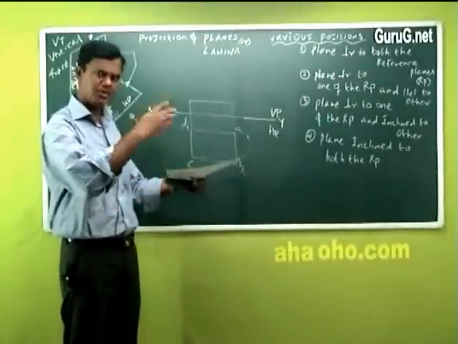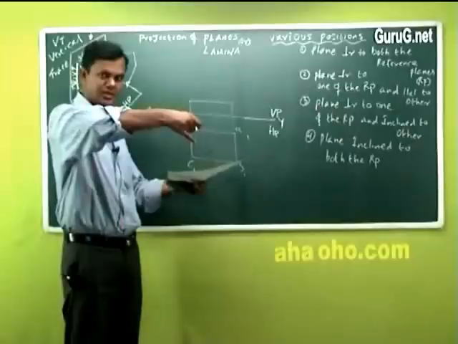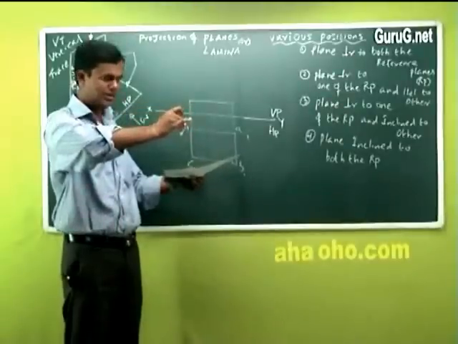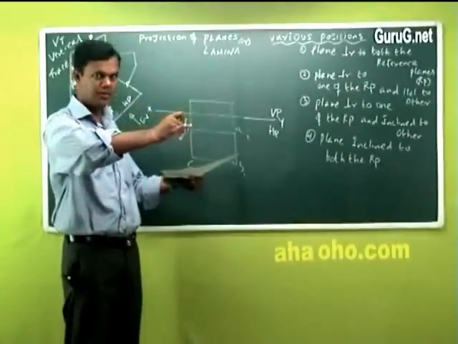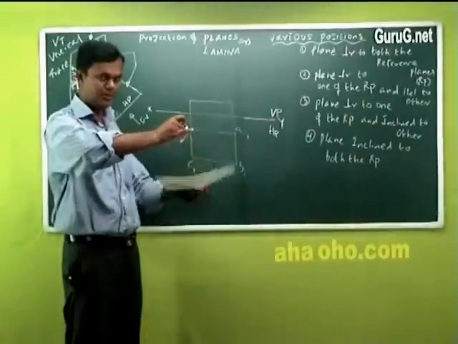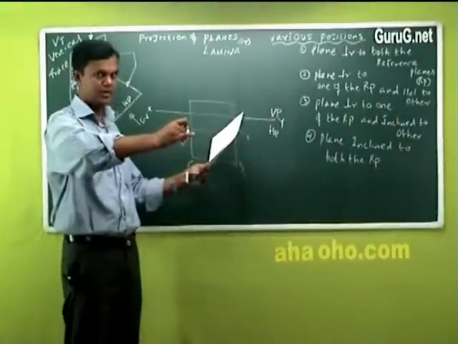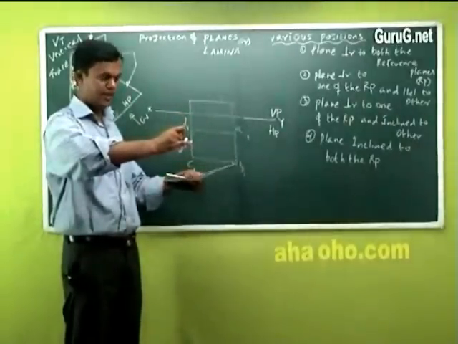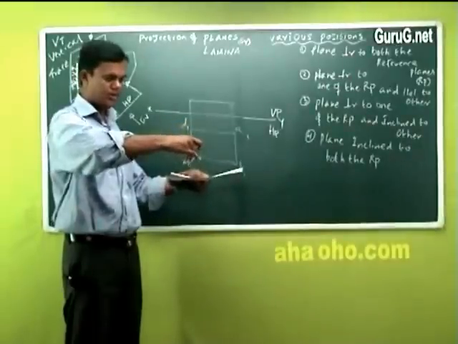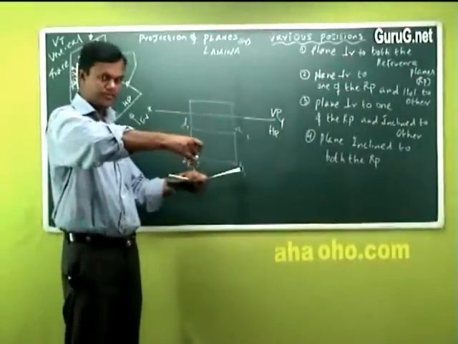The same process we did in lines. I have a chalk piece here. If I tilt it like this, the tilting angle can be seen in VP. Actually, it is the inclination to HP only, but it is drawn in VP. That's what I told you. It is vice versa. Then, either you can tilt it like this or you can tilt it like this.